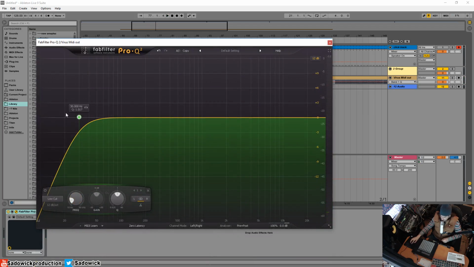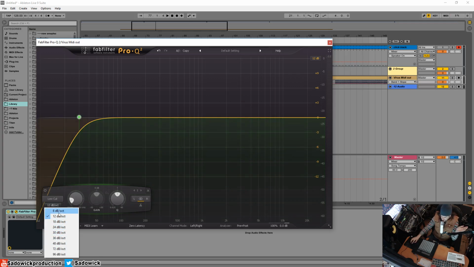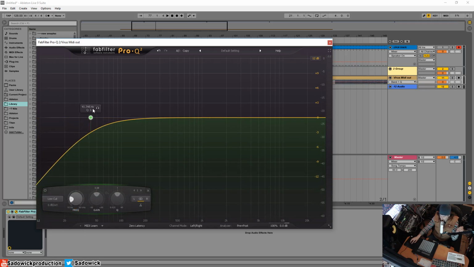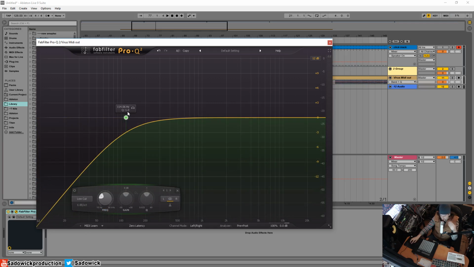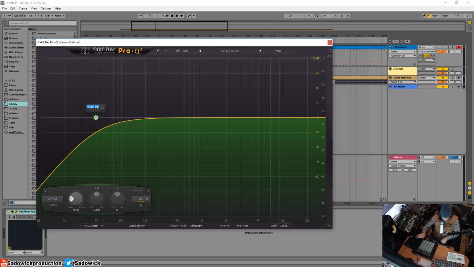One thing to know is you can control the steepness of this curve by changing the dB per octave. Wherever your cutoff point is, you can increase how much is attenuated. It goes in increments of 12 usually, but there are a lot more options here. 6 dB would be if you want something more gentle, like a gentle roll off. That's if you have a lot of low end energy, but we'll just go back to